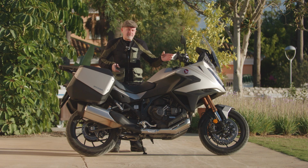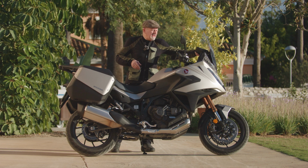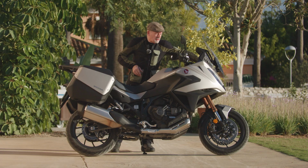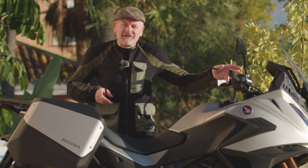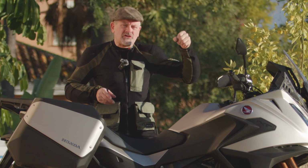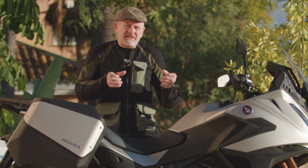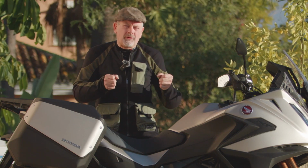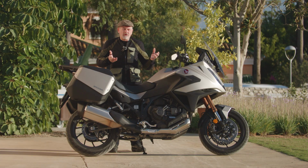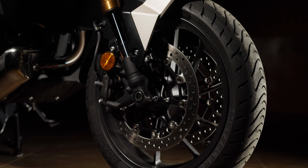Another massive improvement with this new bike is the way that the screen's adjusted. The old setup was criminally bad to adjust. Basically, you grab, pull the lever out and just pull it up to your own suited height. On the old bike, because it was a two-hand operation, you had to actually stop to adjust the screen height. Who on earth passed that in Japan? I do not know. Brakes, very good, just as they've always been, but